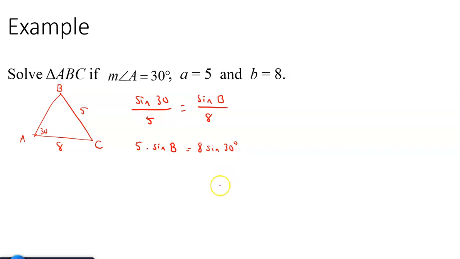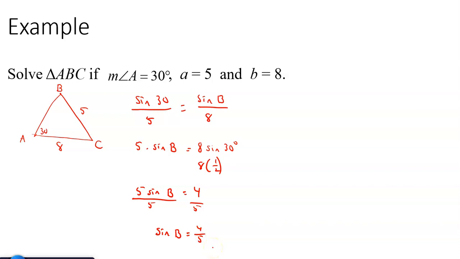All right, what's the sine of 30 degrees? Right, sine of 30 is the first entry in the first quadrant, so it's the y value, so it's a half, which gives me 8 times 1/2, which is 4. So I get 5 times the sine of B is equal to 4. Divide both sides by 5. And I get the sine of angle B equals